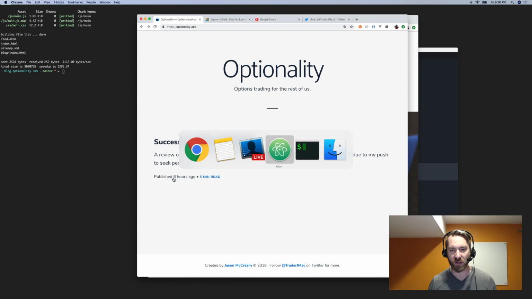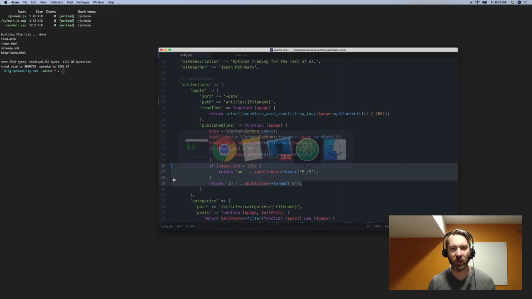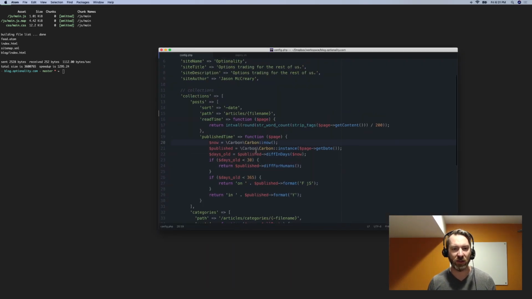The code behind that, just to go back to the whole programmer land, is basically just what Jigsaw calls a helper method. This is in the config file. But here's one for read time and publish time. Read time was just a very simple formula I aggregated from a couple blog posts I read on the subject. Adults basically read 200 words a minute, so I took the word count divided by 200, rounded that, and just turned it into a whole number to make it nice and easy.